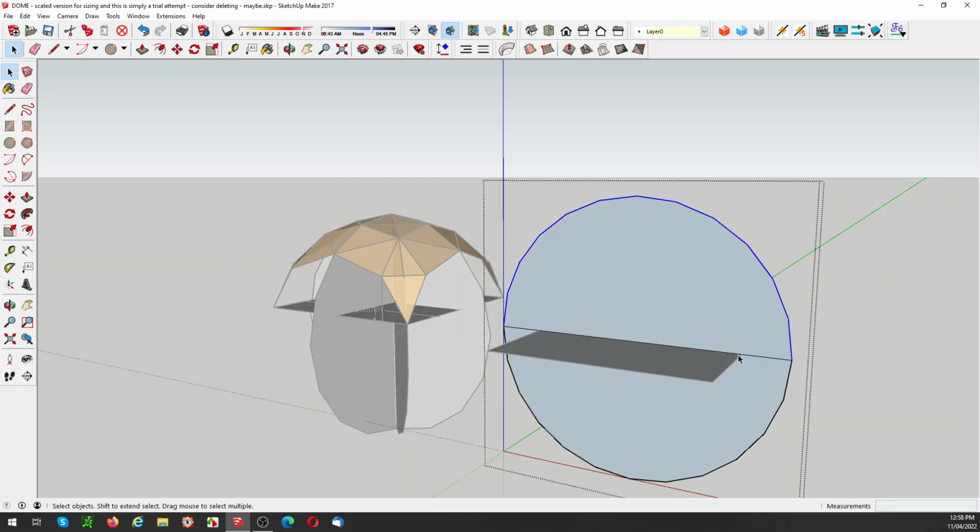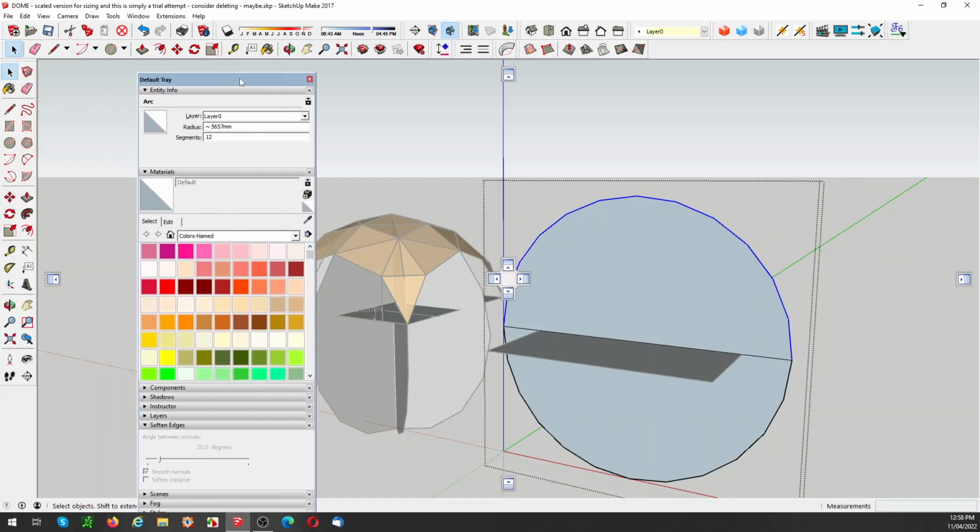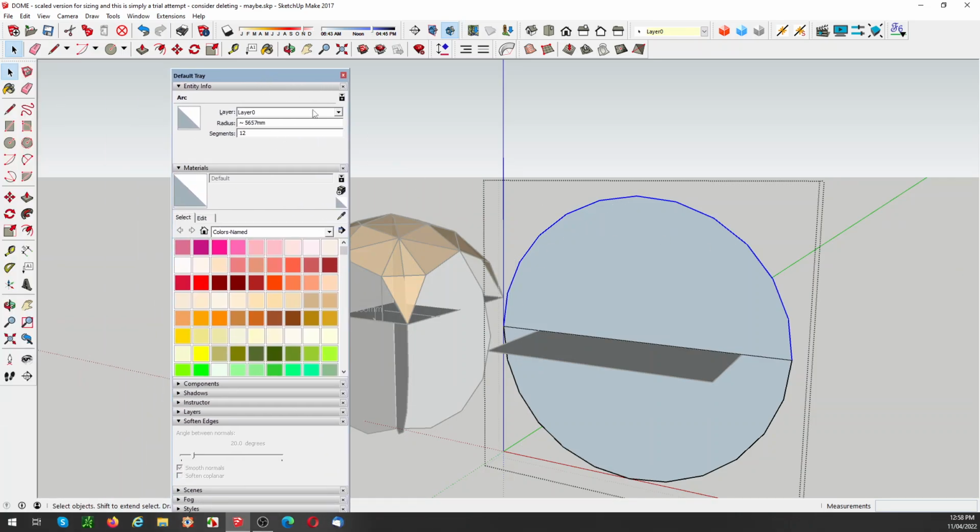When I go to click that, because of that line that we put in earlier, it divides the circle into half. So when we click the info, it shows that the way it was drawn was a 12 segmented half circle. We want an 8 segment